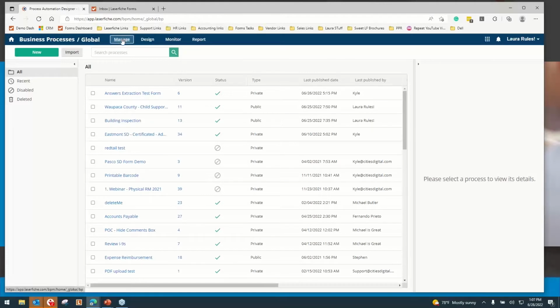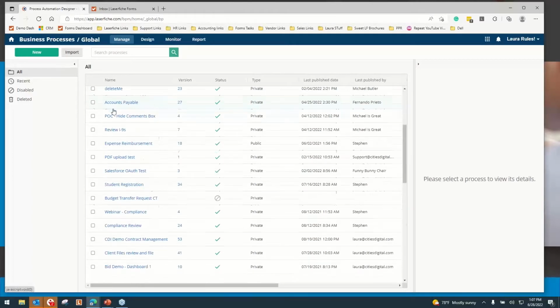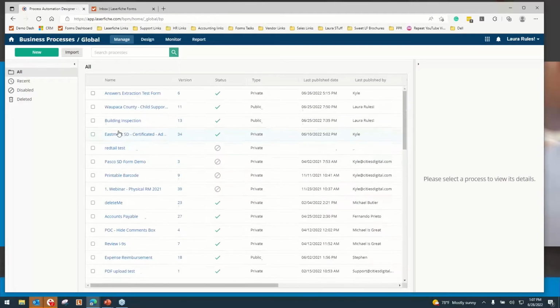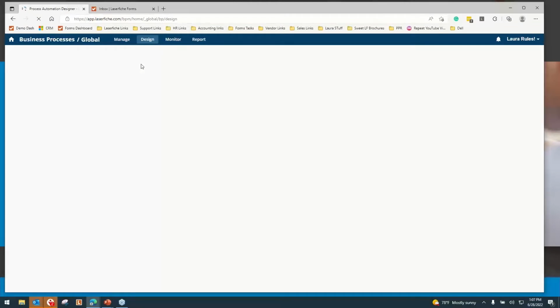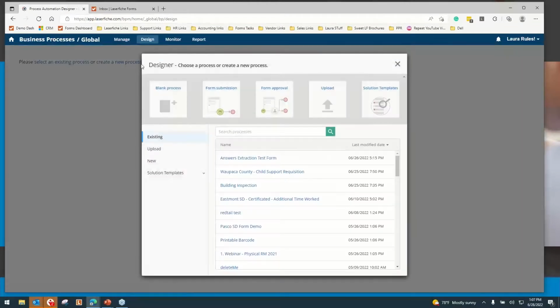So when we're looking at the different tabs in Laserfiche Forms, the Manage tab is what allows you to view all of the different forms processes that you have set up within your environment. So you can go in here, you can click on one and manage it, update it, all that kind of thing. If it exists already, it's in the Manage tab, if you have permissions to see it. If we jump into the Design tab, this is where you would be able to design your own or new